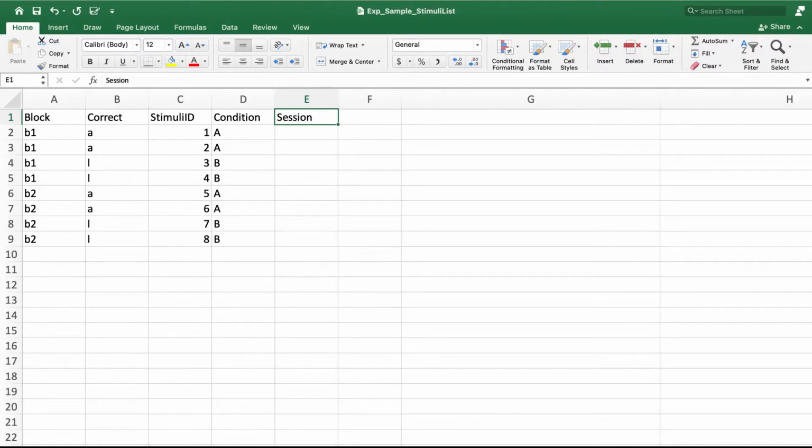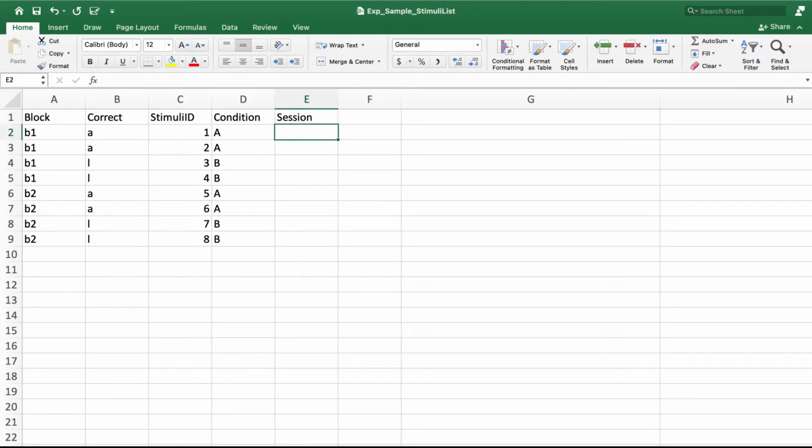The session number should start with 1, and you cannot skip any session number in this column. If your participants will have to complete 3 sessions, you will need 1, 2, and 3 specified in this session column. The same stimulus can also be used in multiple sessions as long as you specified multiple sessions by separating the numbers with a comma, such as 1, 2.